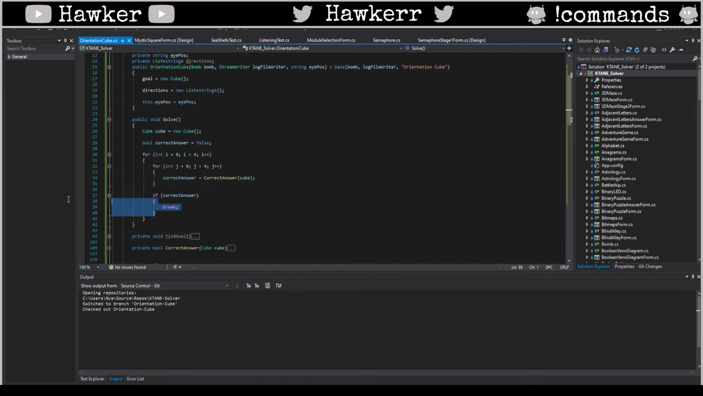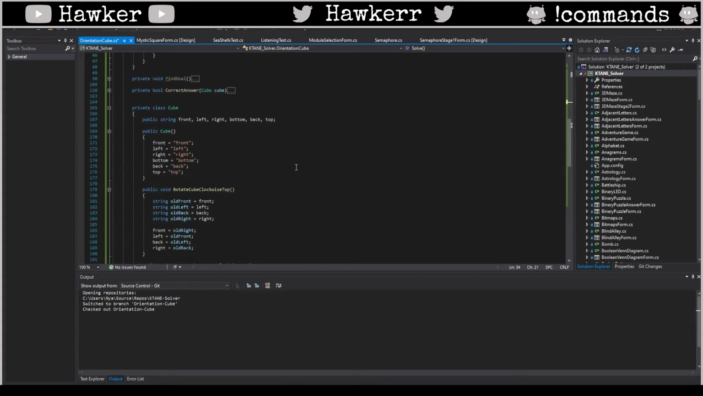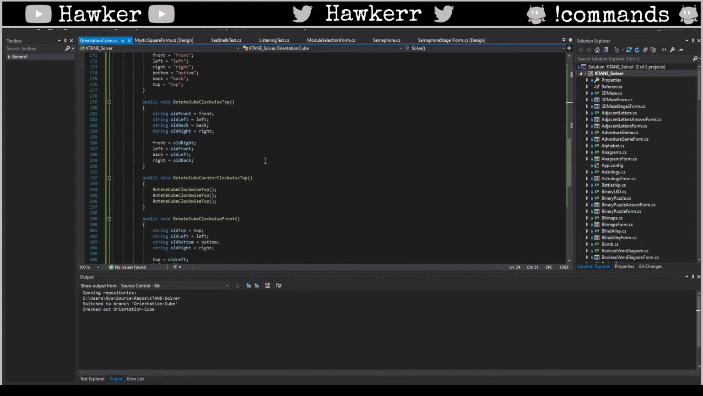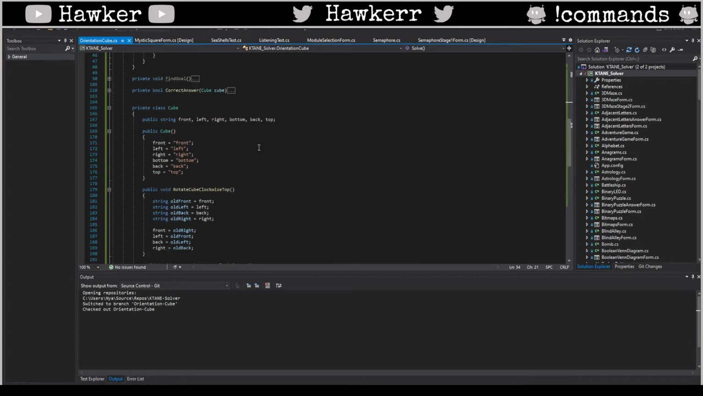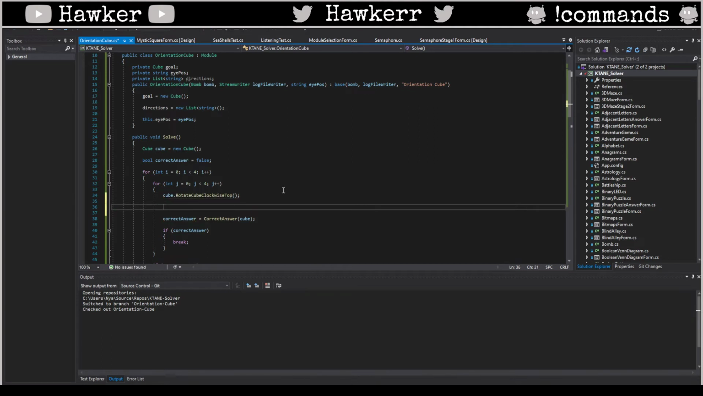And then just copy that and do the same thing here. All right. Now, what I want to do is rotate this side up to 4 times, so clockwise. So let's just do this is ghetto, and then directions.add